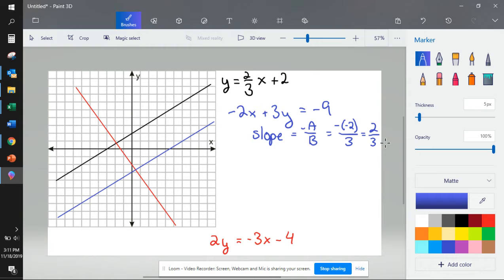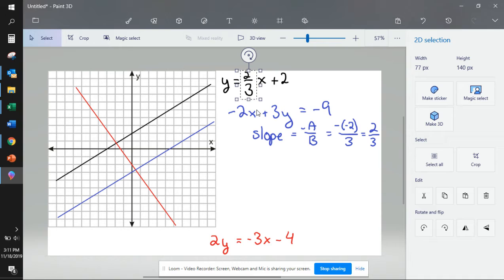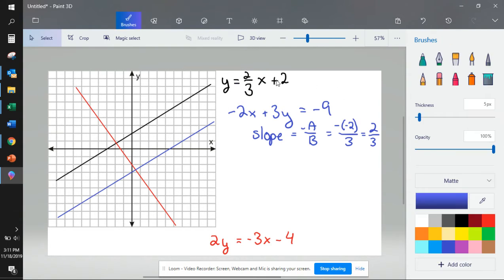So if we're looking at both the blue and the black lines, we can determine whether they're parallel or perpendicular by just looking at the slopes. And we can see that the slope of our black line here is 2/3. You recall that the slope is the number in front of the x value when we're in a slope-intercept equation. Now, since the slope is 2/3,